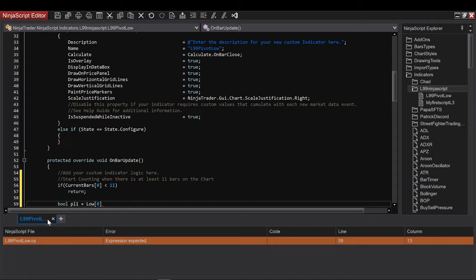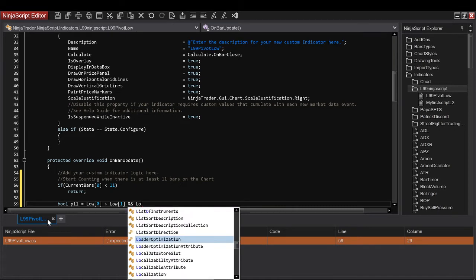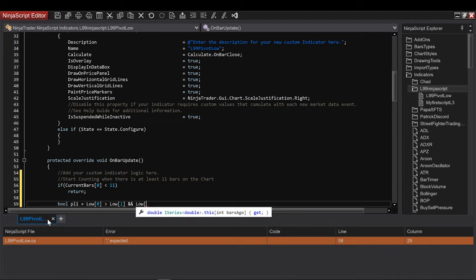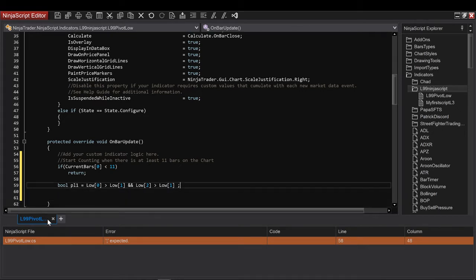Okay, so if the low of candle 0 is greater than the low of candle 1, and if the low of candle 2 is greater than the low of candle 1, then we have a pivot. Okay, so this is my condition.